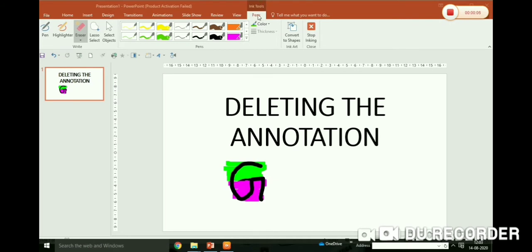Okay, for this select the eraser tool in the right group on the pen tab. Okay, click on the required eraser type by clicking on the drop down arrow of the eraser option. Okay, you can see stroke eraser, small eraser. Firstly I'm taking stroke eraser, it deleted all the data. Then I'm taking small eraser. Okay, you can see, I'm also having a medium eraser here. You can take medium eraser also according to your need. So this is the way you can erase your data.